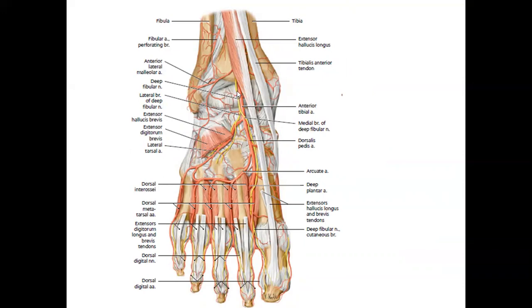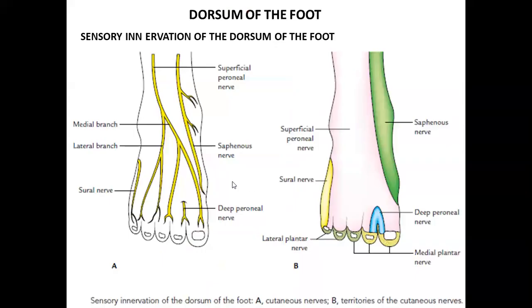Here the deep peroneal nerve divides into two branches, a medial branch and a lateral branch. The important viva question is that this lateral branch ends as a pseudoganglion. It lies on the lateral side of the foot deep to the extensor digitorum brevis muscle. The medial branch runs forward and ends by supplying the skin of the first interdigital cleft, the skin between the first and second metatarsal bones. Okay,